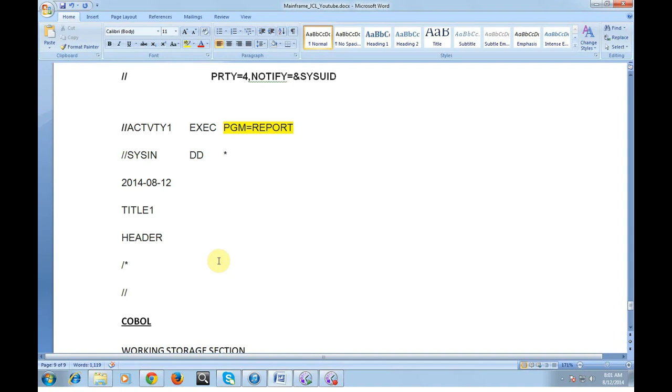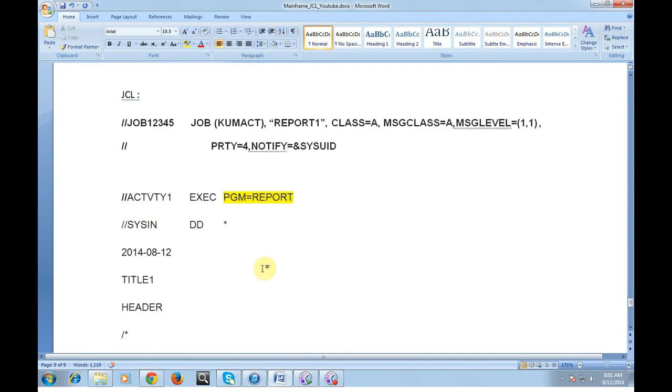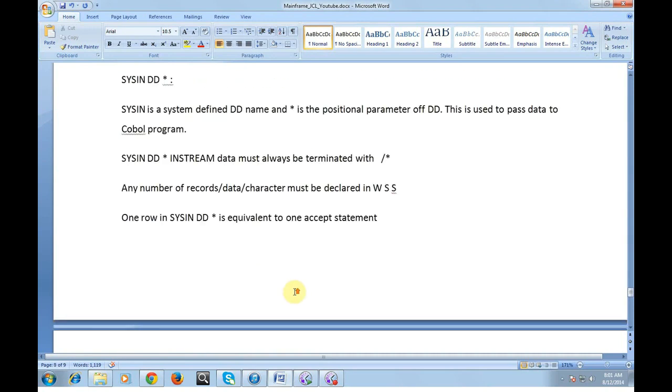When we want to sort data, you need to pass parameters like from which position to which position you want to sort the data, whether it's in ascending order or descending order. We have various different kinds of things. We pass them as parameters using this SYSIN DD *. That's the reason I say all these parameters are very, very important to us.